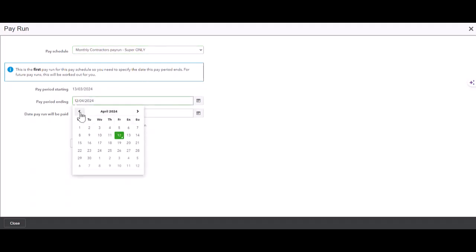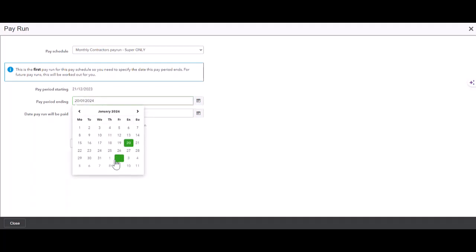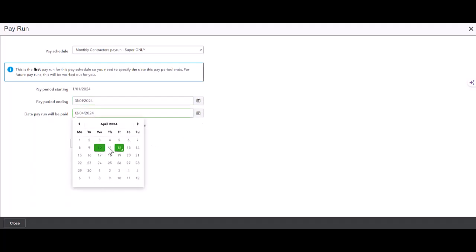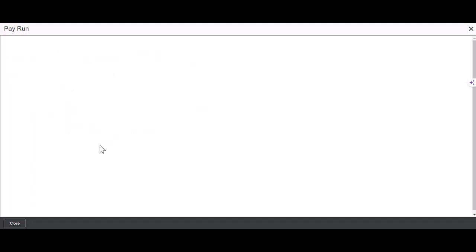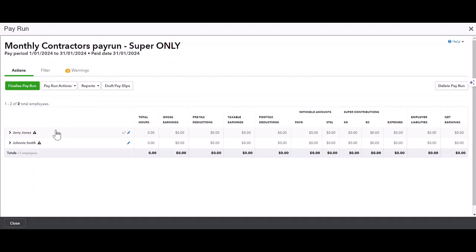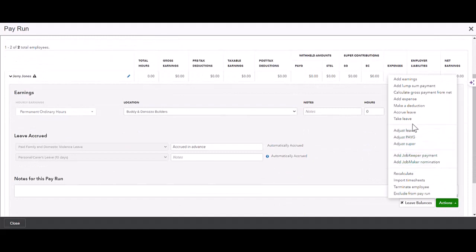So whatever date you want to add in, let's go the 20th of January. Oh, let's do the end of January, shall we? Yep. Create that, and we should have Jerry Jones and Johnny Smith. You can see that we do not have any earnings whatsoever. Open up Jerry Jones. First thing you do is